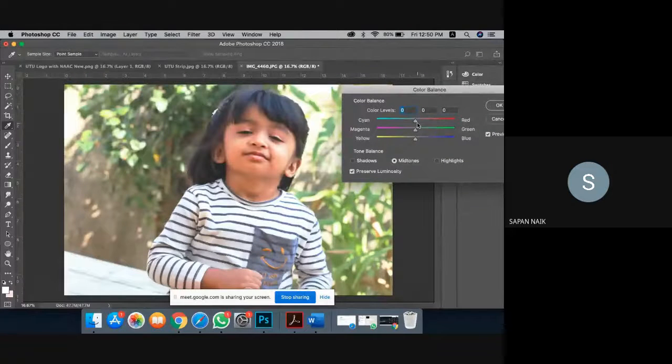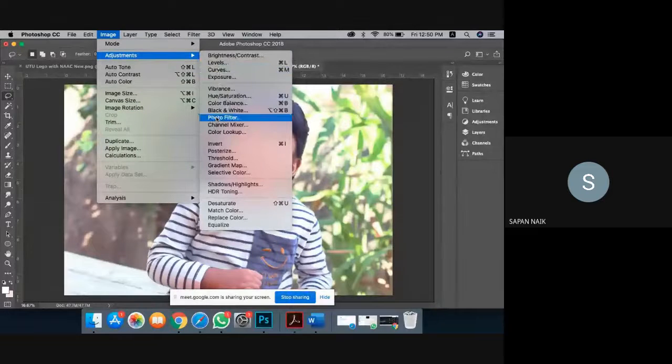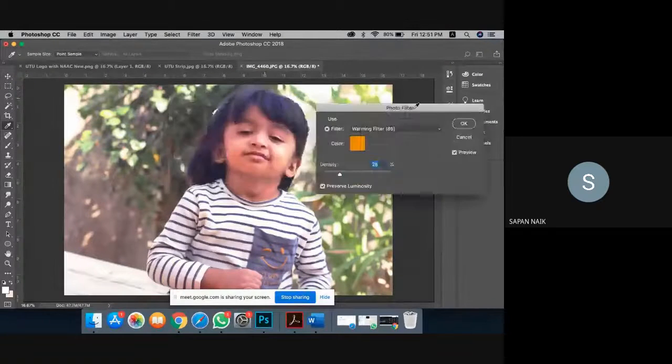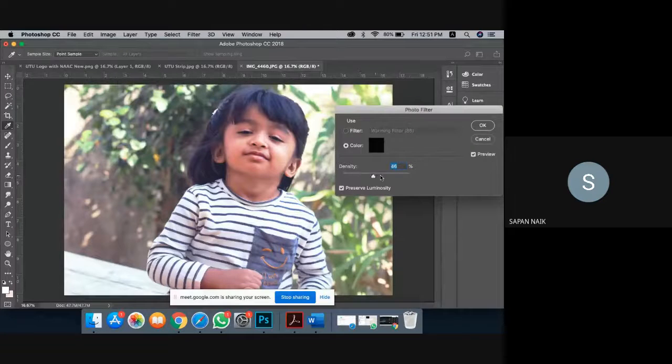You have cyan, magenta and yellow color. You can add the colors in your image as per your wish. Suppose you want to make some particular color image, you can apply that and you can get the effect. This is a new filter that you would like to use. Suppose I want to make it a little bit pink, then it can be done like this. Here also you can give the color, suppose instead of yellow, giving this. Density you can increase, it is hardly affected.